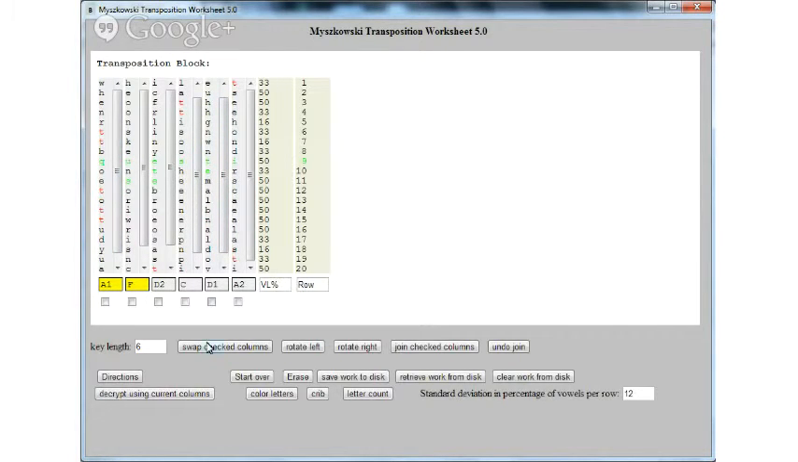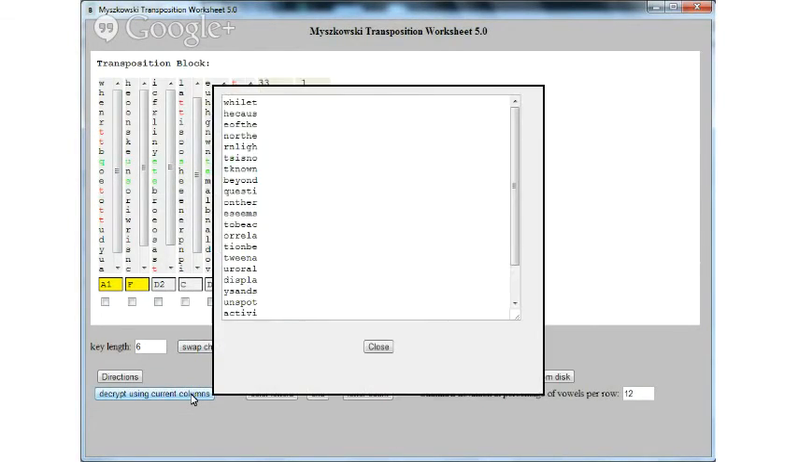I do have a button down here that says decrypt using current columns. That's sort of cheating, I guess, because you're letting the computer do the decryption given this column order. But it's good. We've really essentially solved this, providing the decryption comes out right. So let's click on that. And sure enough, we can read the solution. It says